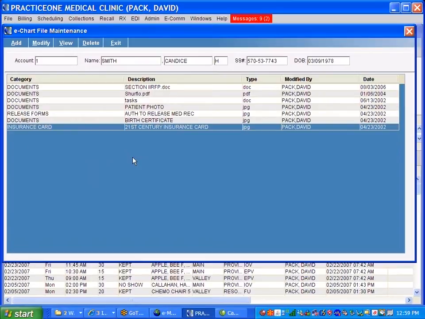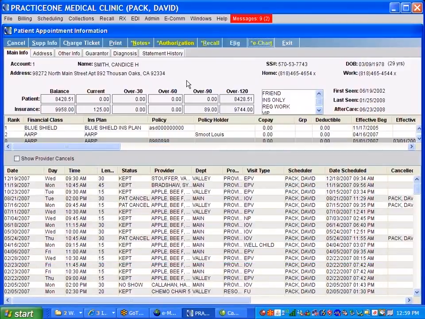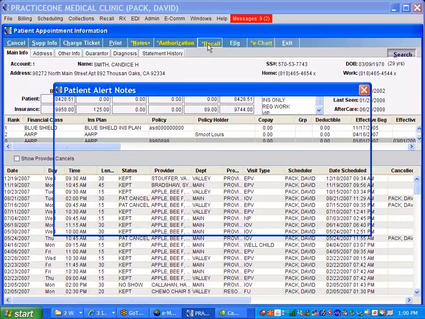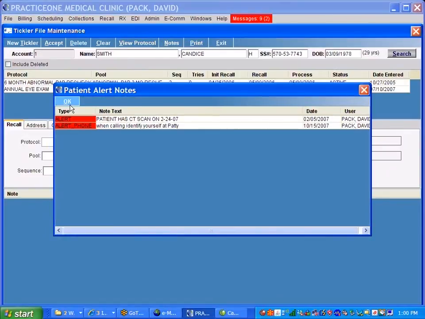While I'm in here, I just want to talk about a couple of these other buttons that are lit. This is our recall button. You'll notice it is lit, and we have an asterisk behind it. That's because we have uncomplied recalls for this patient. This patient has a 6-month abnormal PAP recheck. This was the recall date. They were supposed to come in almost 2 years ago, and they didn't. But this is very important because